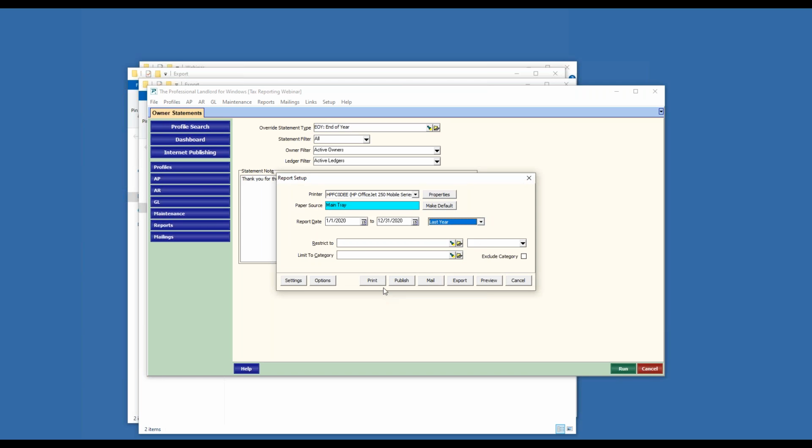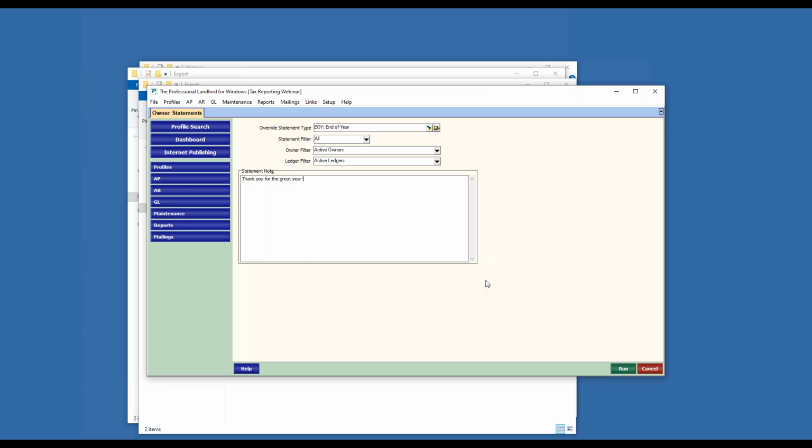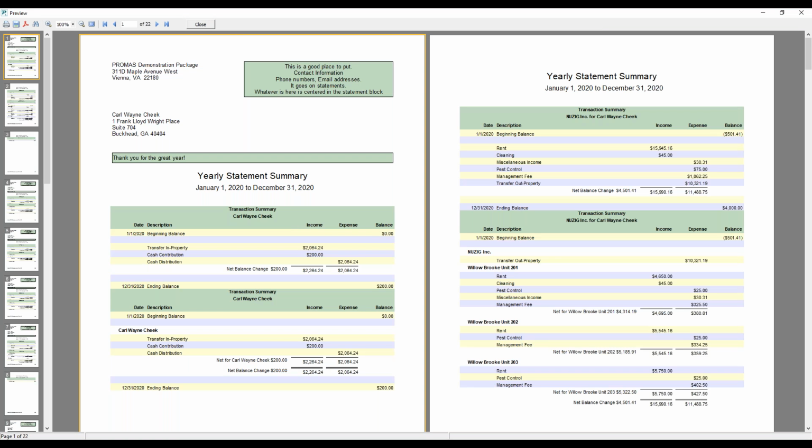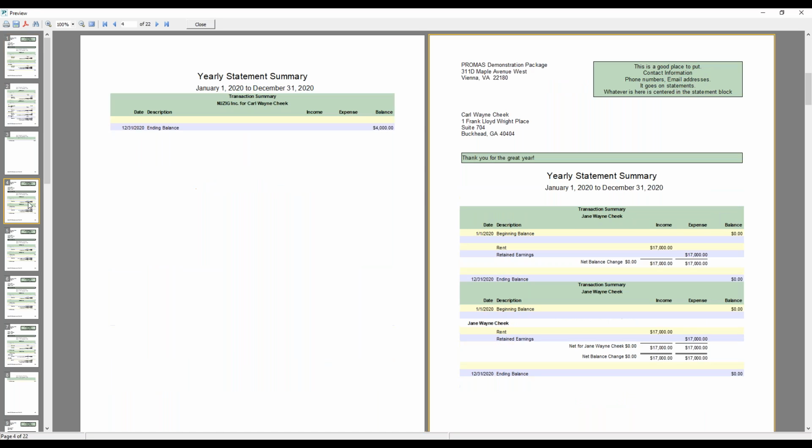If you wanted to publish these to send out by email, you can click publish. If you wanted to save them as PDFs, you could. You could print them directly from this screen, but I'm just going to click preview. And here you can see the owner statement. So let me scroll down to